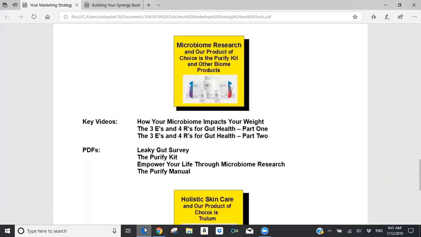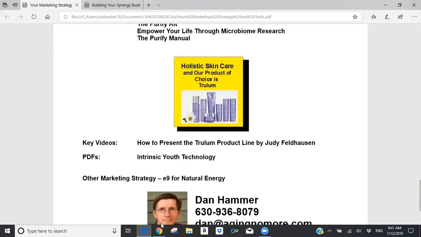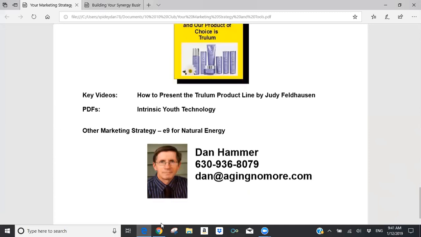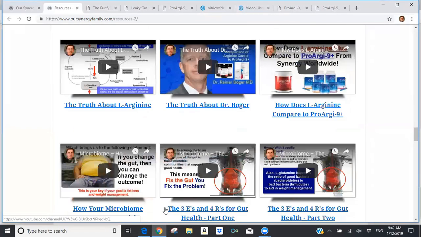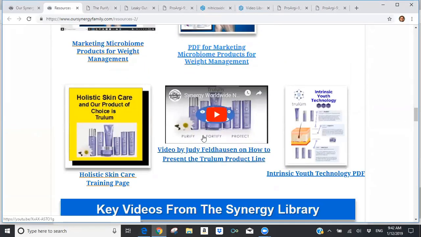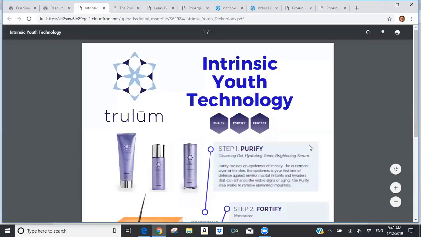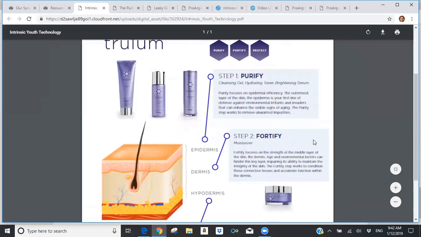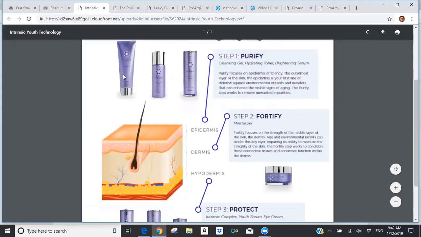And then you also have the holistic skincare. You know, there's not as many resources in this area for the holistic skincare. Judy did a great presentation on how to present the Trulum product line. We've got the PDF, the intrinsic youth technology. So again, if you go back up here where you see holistic skincare, here's Judy's video. And then here's a PDF that we put together on intrinsic youth technology and helping them understand how the products